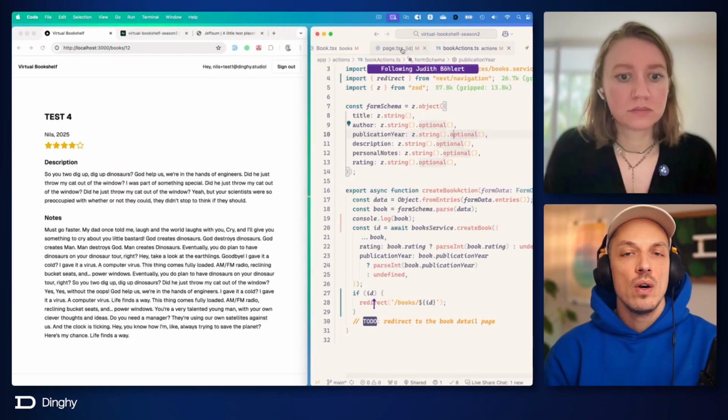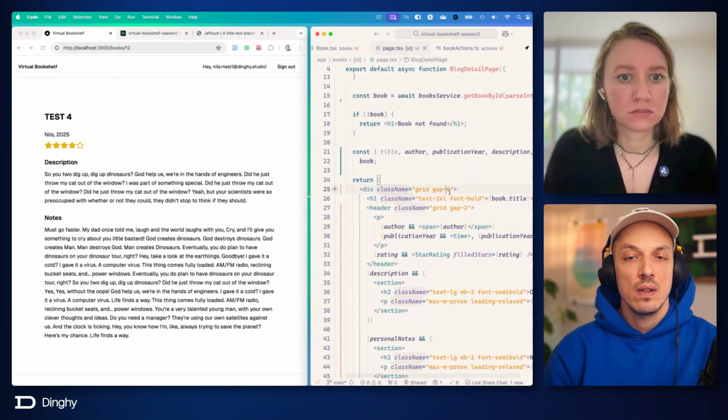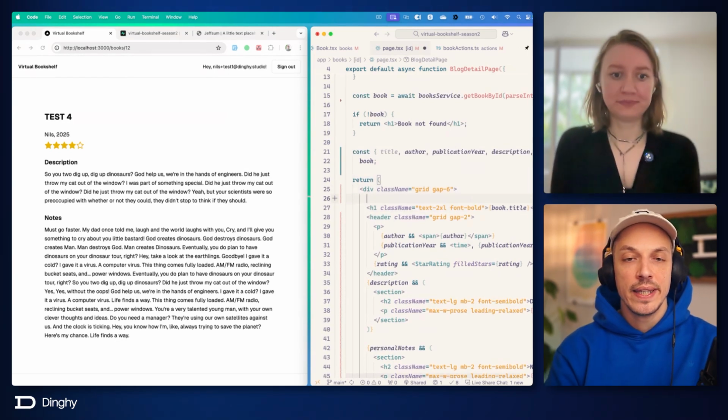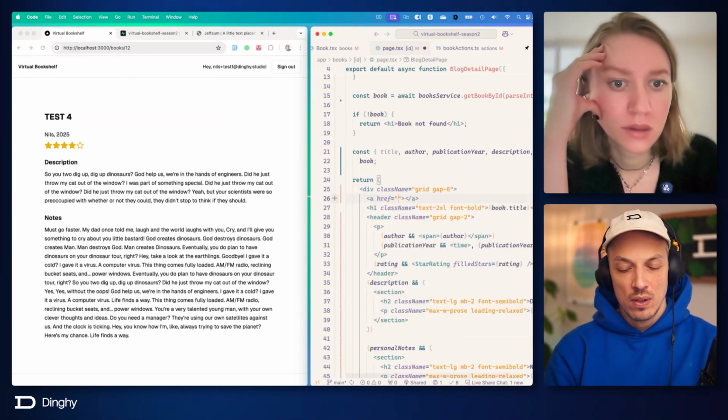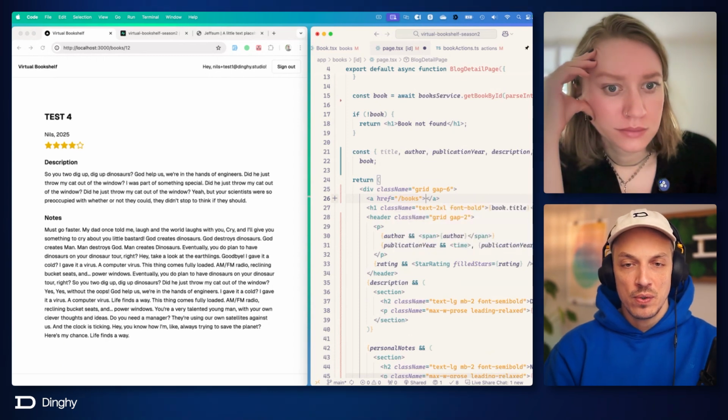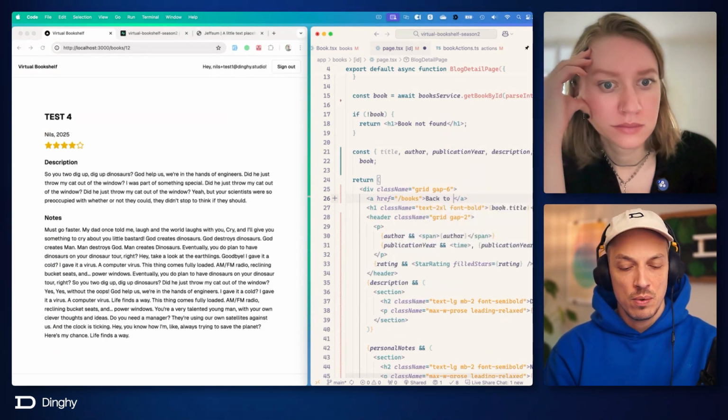I think for client-side components, there's a hook. I think it's called use router or something. Cool. And then you can just push a new route into the router. Awesome. Oh, hey, since we're talking about this, maybe a tiny addition here: we just go back to books, back to overview,